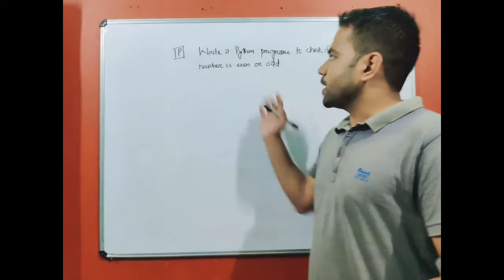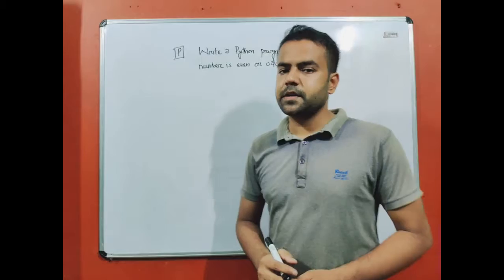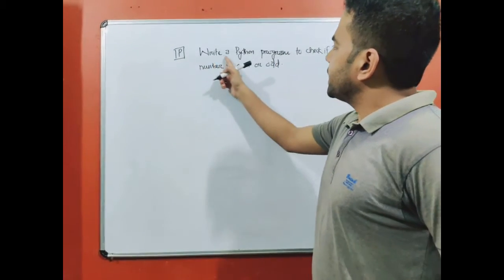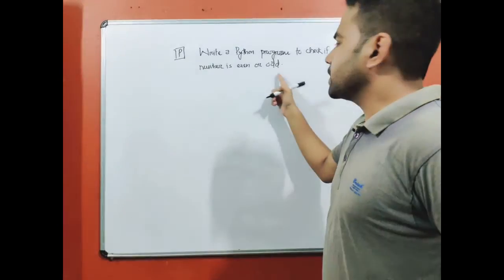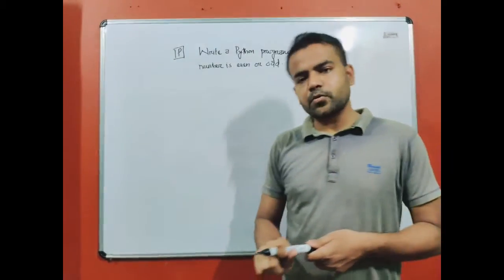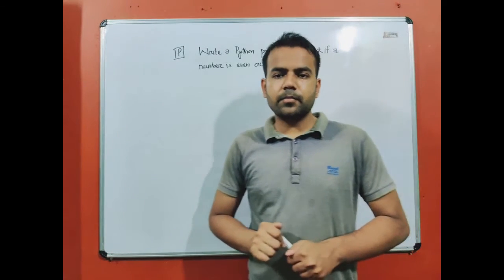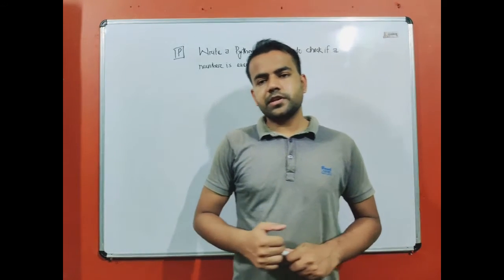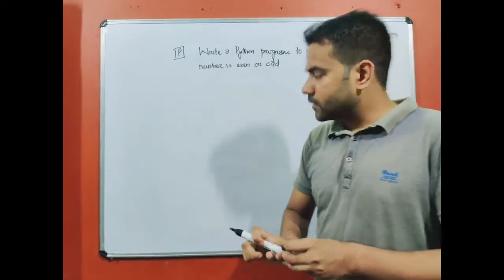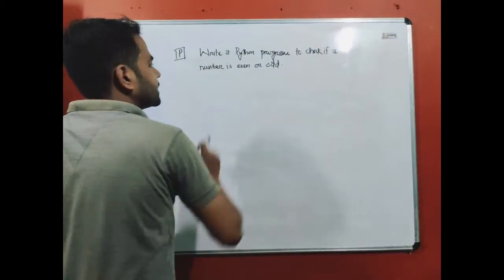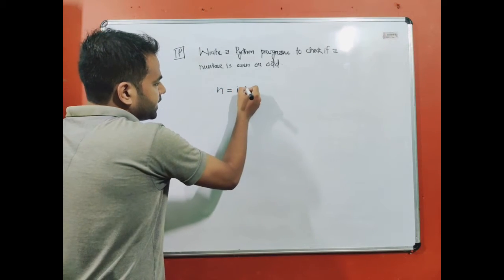Let's discuss this program to learn the usage of if statements. So we have to write a program to check if a number is even or odd. The program is pretty simple. We need to ask the user to enter a number, and the program is going to check if that number is even or odd. Okay, so the first statement we need to write is n equal to int of